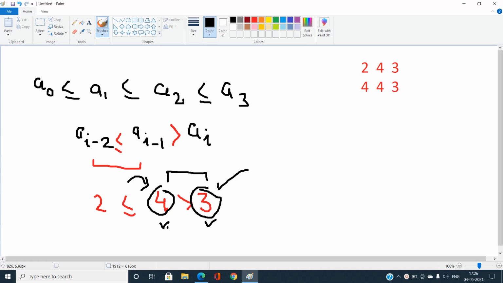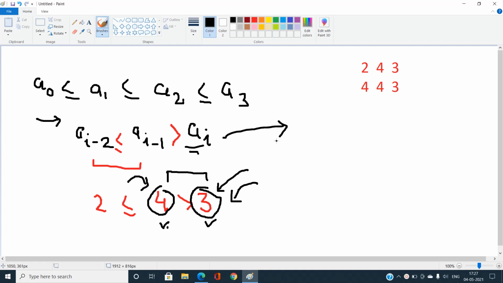And why changing the value of a of I minus 1 should be optimal, the reason behind it is quite simple, because as we have already checked the values starting from the index equal to 0 up to the index equal to I, if we try to change the value of a of I, then changing or increasing this value might affect the other conditions that we face in the future.